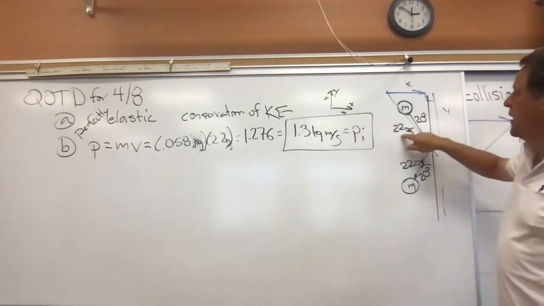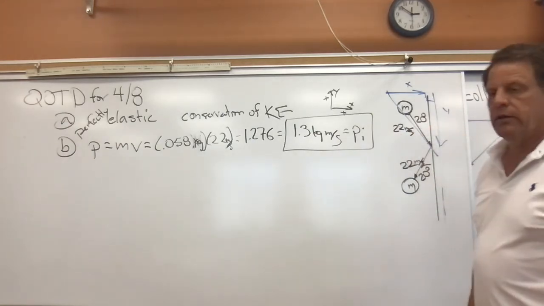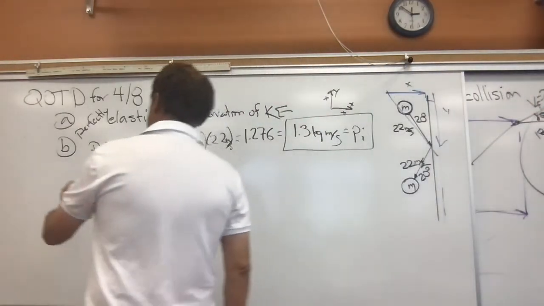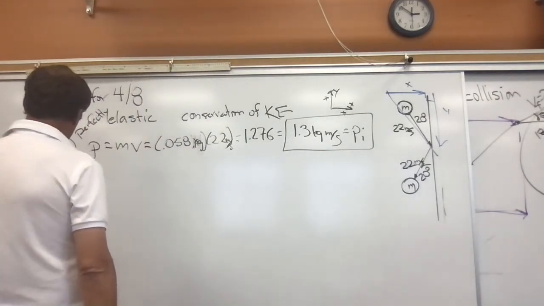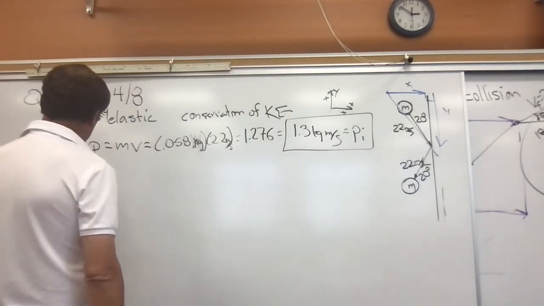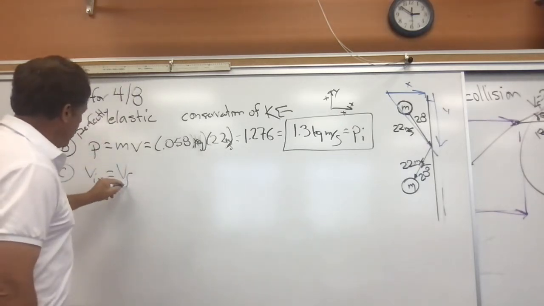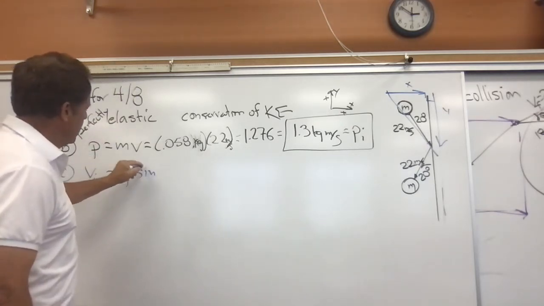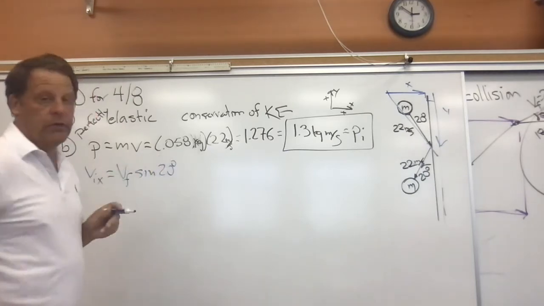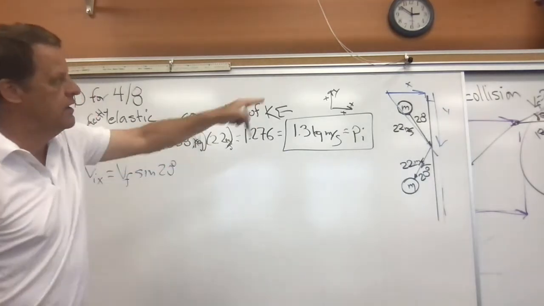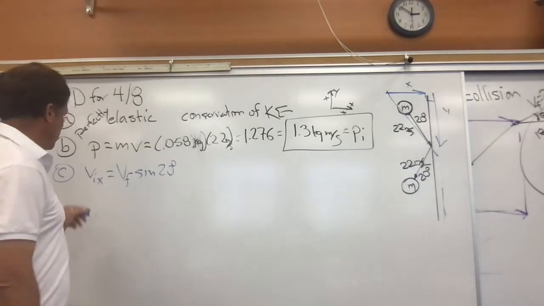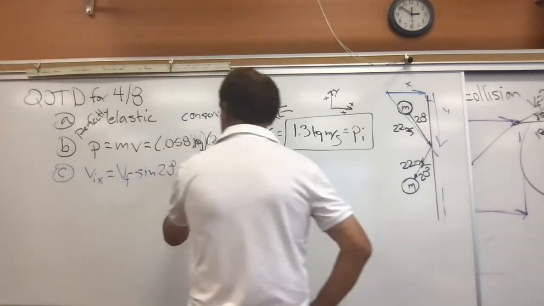Our hypotenuse is 22, and our angle is 20. So our initial velocity in the x direction is our velocity times the sine of 20 degrees, because sine is opposite, which gives us